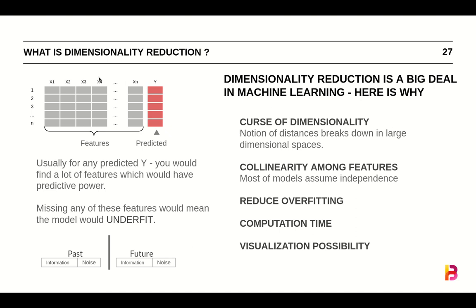Now, most of the algorithms we have learned so far work on a notion of distance. Distance between any two observations would mean how similar they are or how far apart they are. We have discussed many times how every observation can be represented as a point in mathematical space. If you are finding it difficult to grasp that intuition, I would advise you to take a quick detour, go back to my previous videos, and then quickly come back.